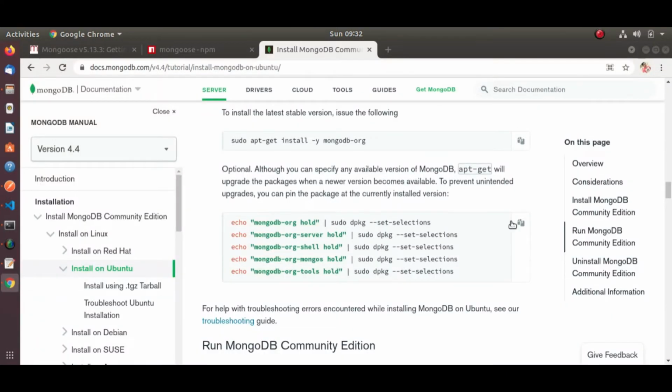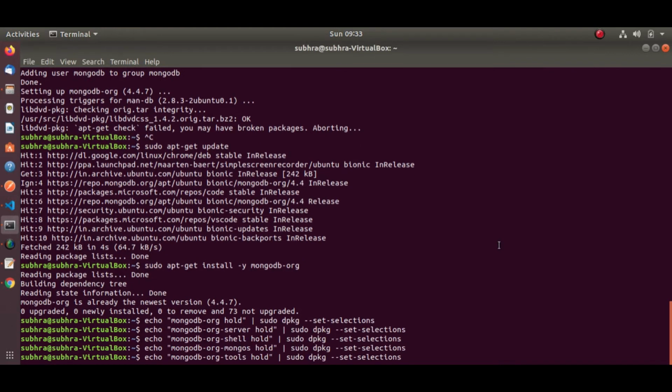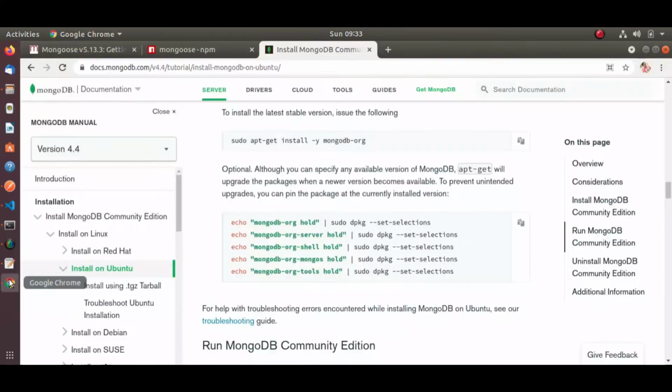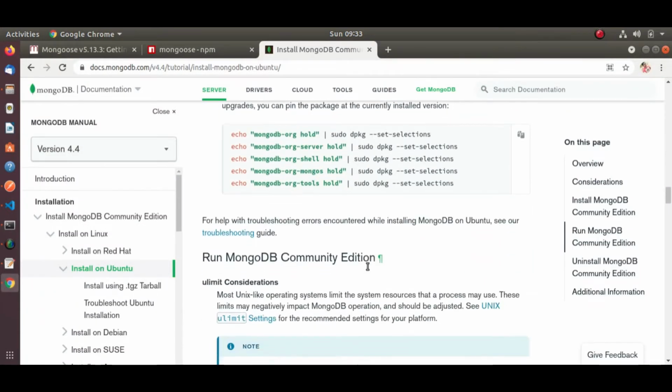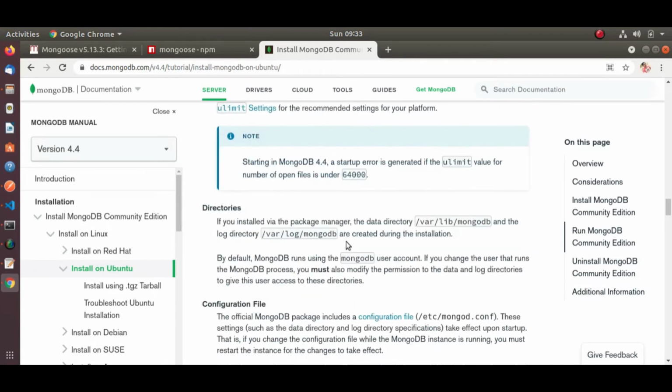Now go to this step, copy it, paste it over here. Now our installation is finished. We will run MongoDB.